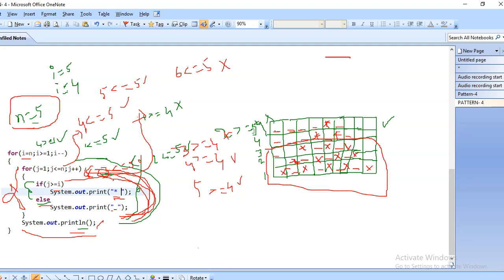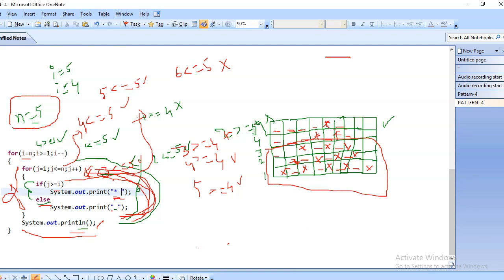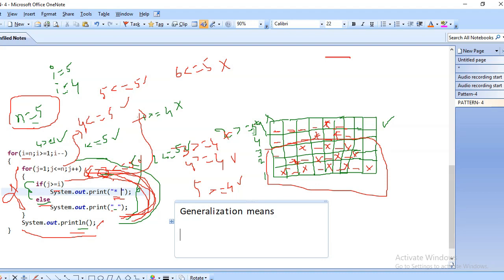Generalization means some companies ask to write the program in the generalization method.